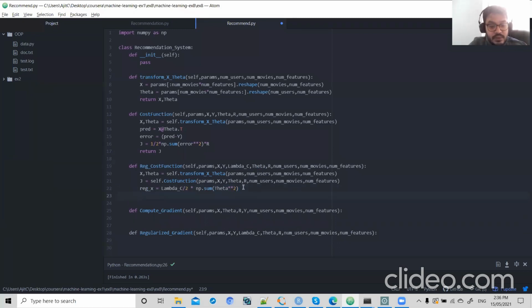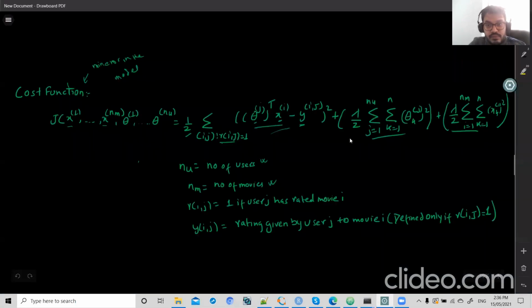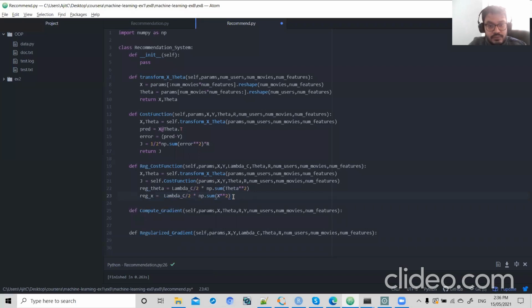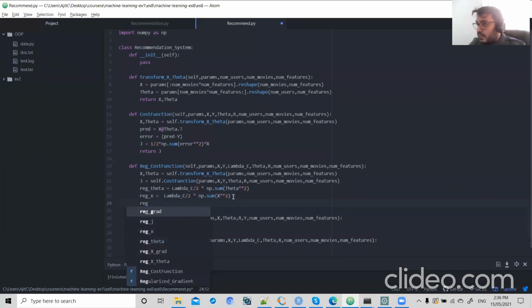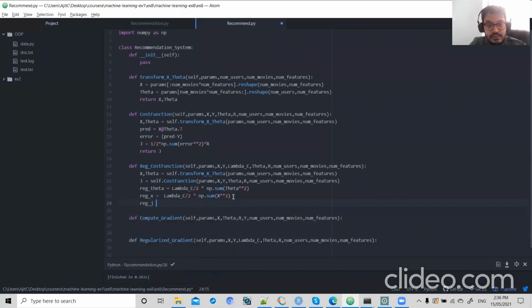Okay, and for x it will be lambda by 2 times x square. You can see theta square and x square. Now my final j will be